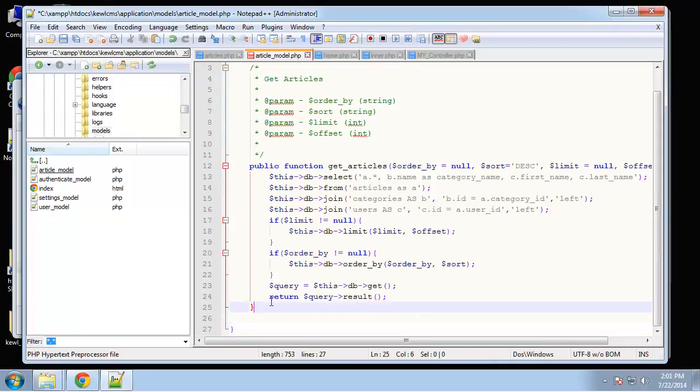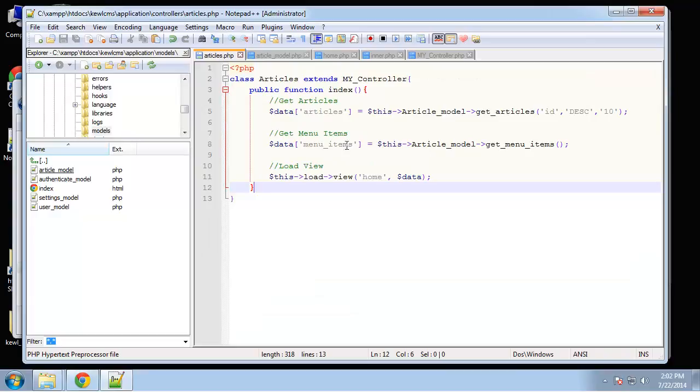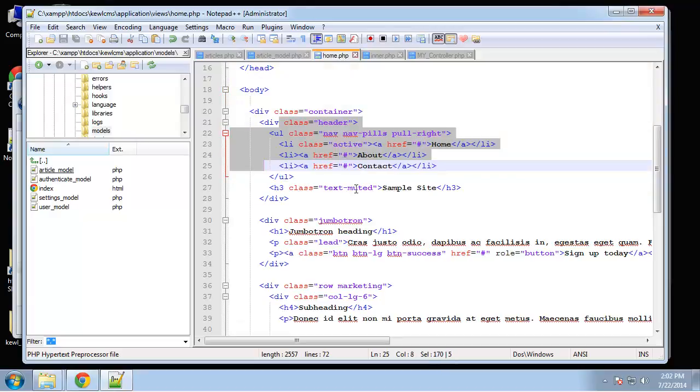Alright, so this is going to be a very simple function. Basically we're just saying to get all from the articles table where the in menu is a 1. Alright, so that's how we're going to know if the article should be in the menu, and then we're just returning the result. So we'll save that, and we're passing that into the view through this data array. So we can go to the view,